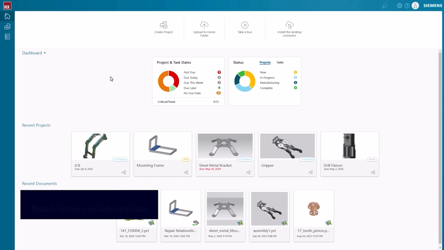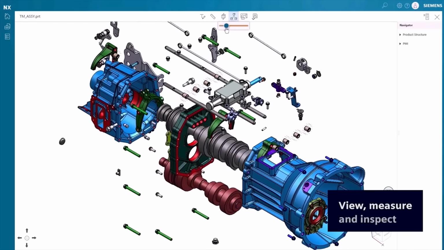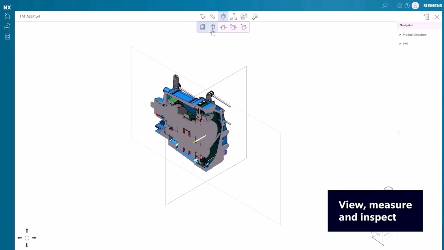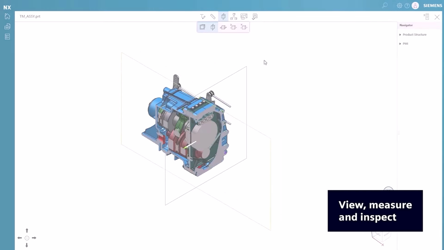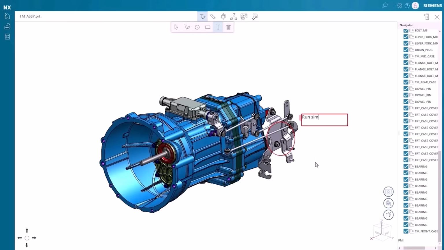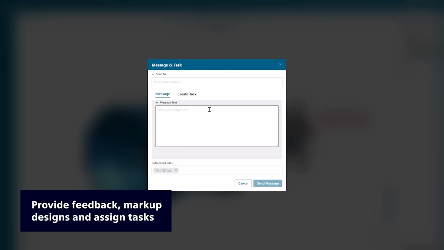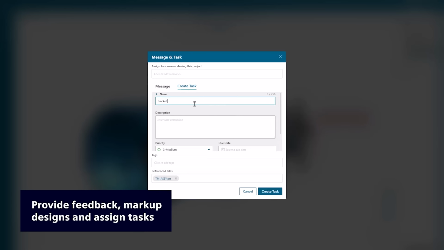Design isn't a solo act, and with NXX Essentials, it doesn't have to be. You can invite others into your project securely and give them the tools to engage. Explode views, take sections, inspect parts in detail, and perform measurements across units. Need feedback? Reviewers can mark up the model directly in 3D, and those markups can be converted into actionable tasks